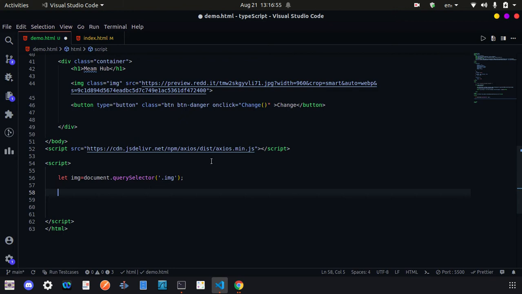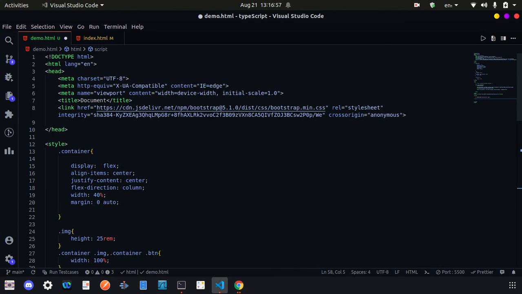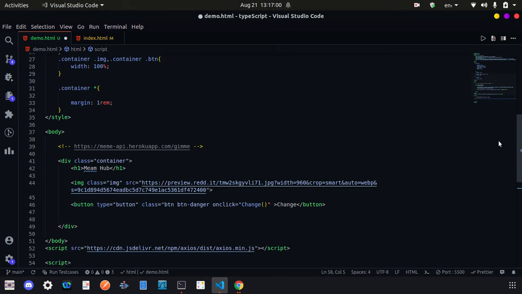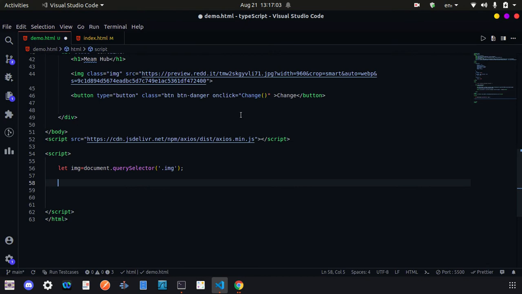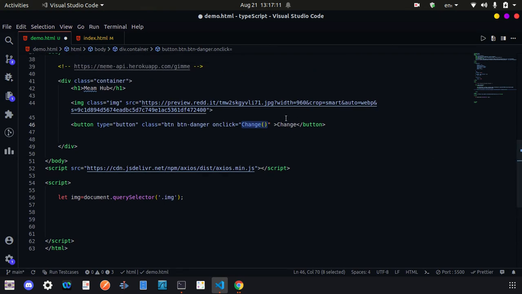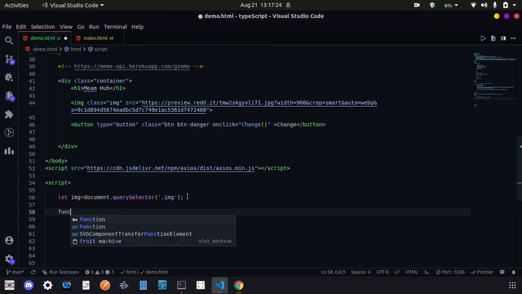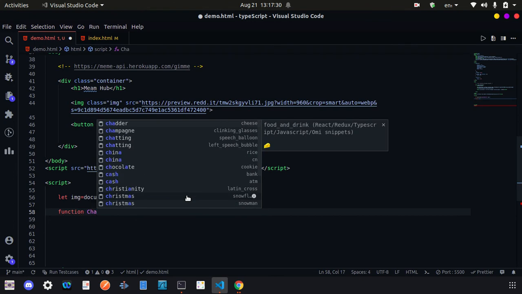So now what I want from you, if you are following it or not, I do not know, because this is a very basic tutorial, is to try on your own how you can change our image randomly on click of this change function. I highly encourage you to write your change function by yourself. I am writing it, so just follow along and create one function, change,